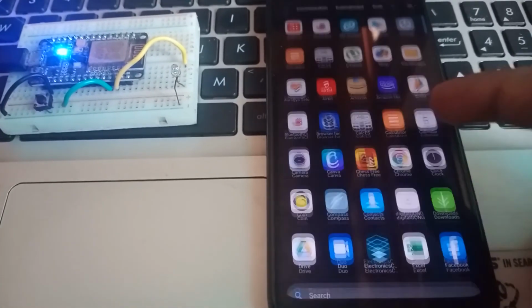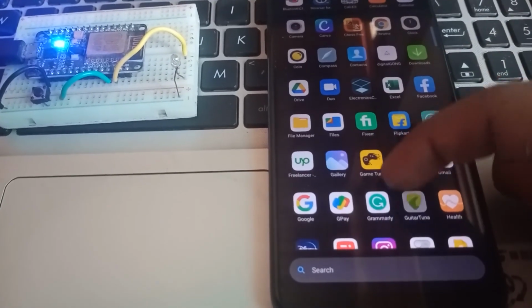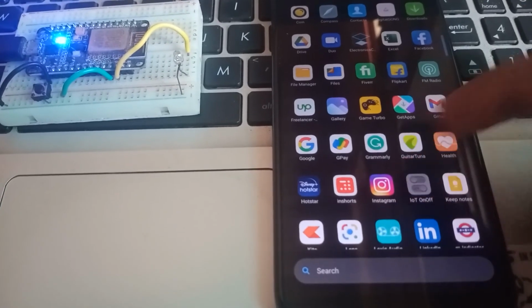Now open the app. And turn on the LED first. LED will glow and off.